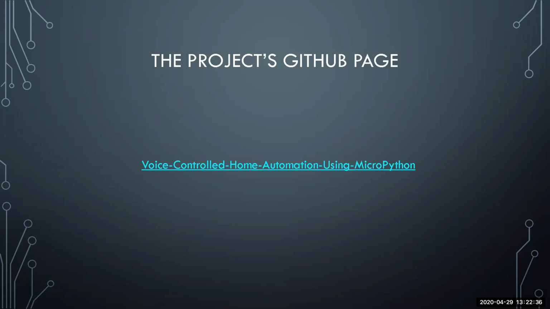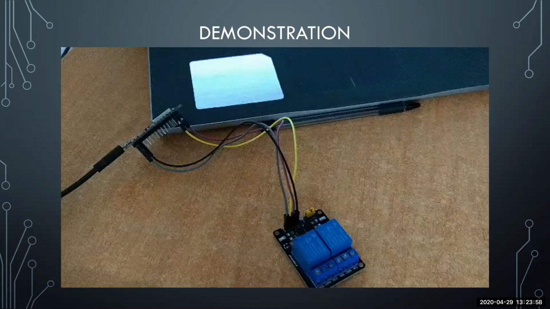So basically, you can refer to this guide in order to connect the circuits, in order to code the server end and the client end, in order to program the ESP8266. Everything you need is in this guide. So feel free to use it. Now let us see the demonstration. Here we haven't connected any electrical appliances as such, but you can see as we give the voice command, the relay turns on and turns off accordingly.